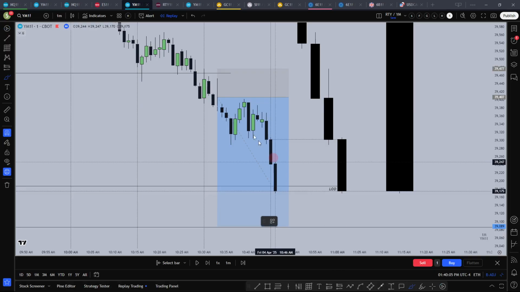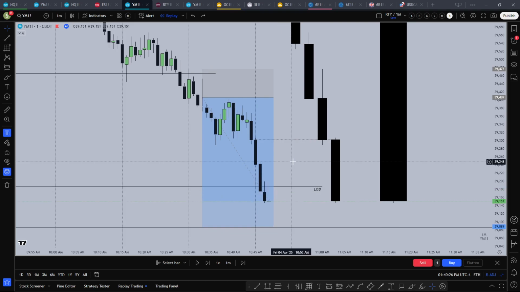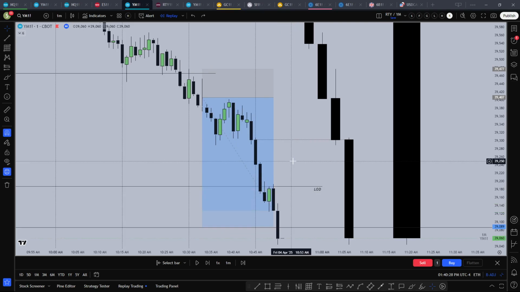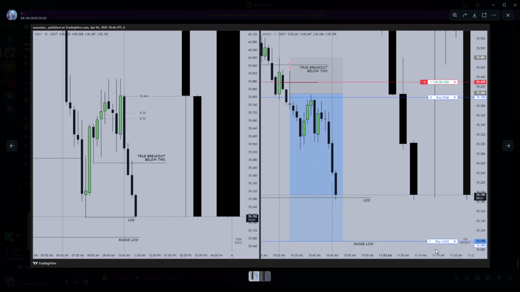Why? Expansion into consolidation. Consolidation's high could get swept. Then it could be valid as well. Or price could expand directly from a consolidation, valid as well. When price did expand here, only then I trailed it here, leaving consolidation without manipulation. Low of the day partial, then range low, full TP out.